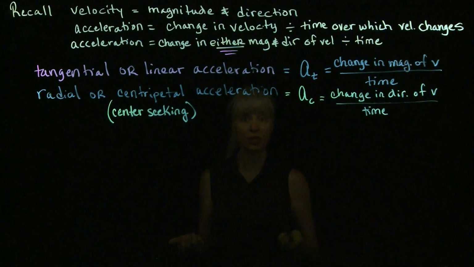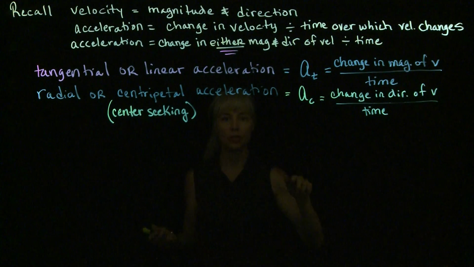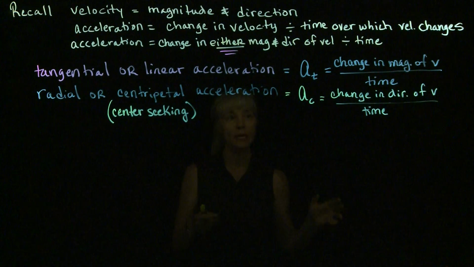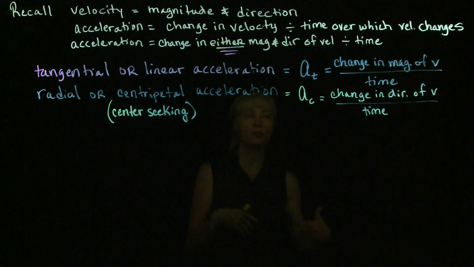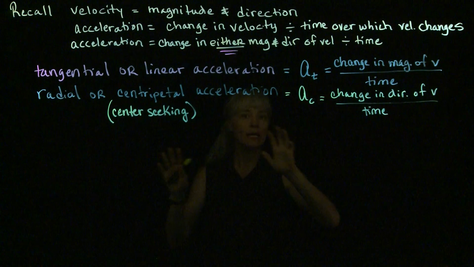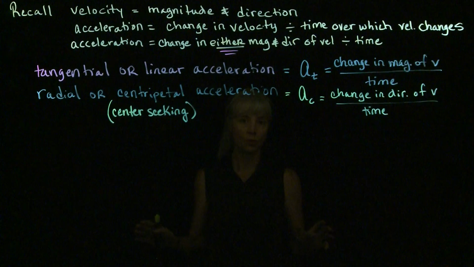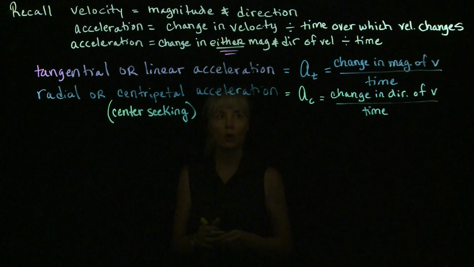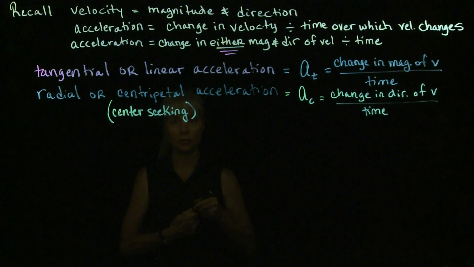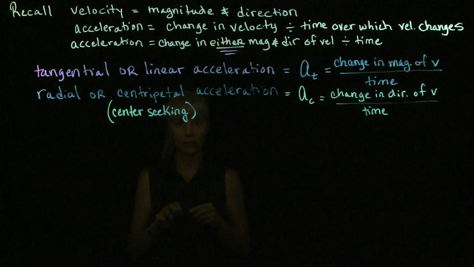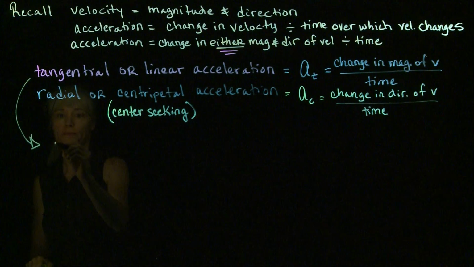So recall that acceleration itself is also a vector. So in other words, this tangential acceleration will have a magnitude and a direction, and the centripetal acceleration will also have a magnitude and a direction. So when we specify anything that is a vector quantity, we always have to keep in mind that we need to be expressing both a magnitude and a direction. So what kind of directions are we going to have as possibilities for the tangential acceleration? Well, the tangential acceleration, a sub t,